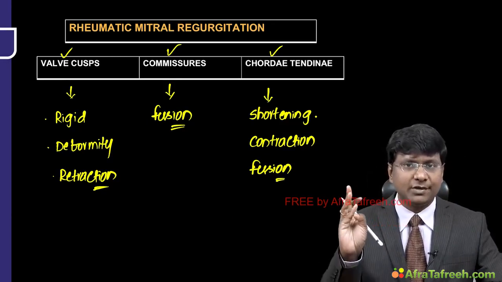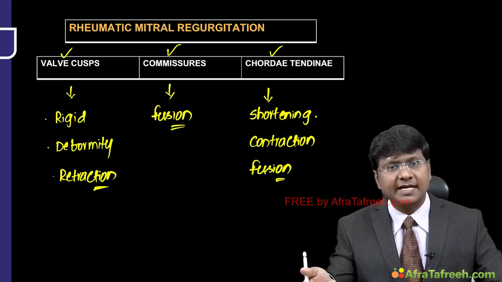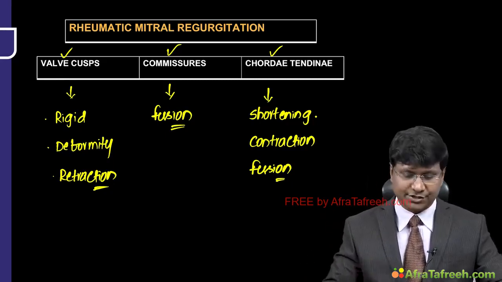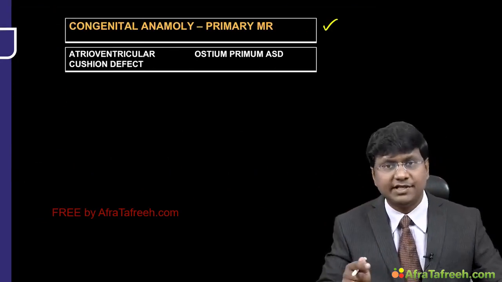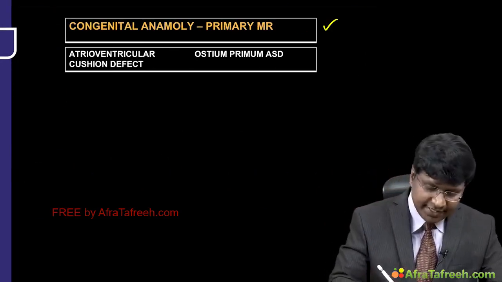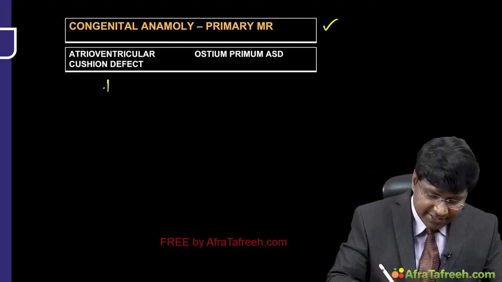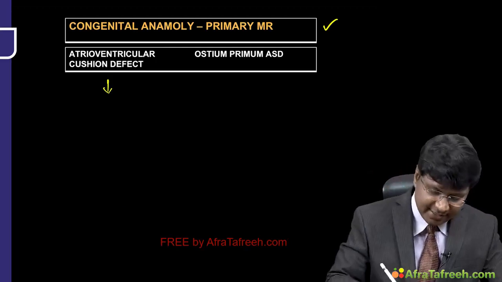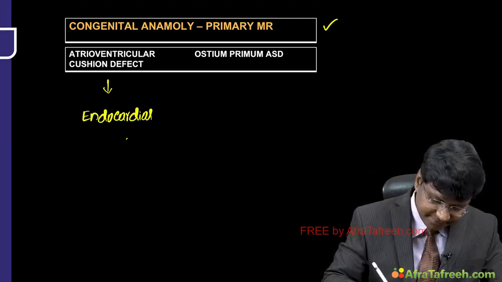So rheumatic fever will cause pathology within the valve cusps, commissures, as well as chordae tendineae, ultimately causing the mitral regurgitation. And next we were discussing the congenital anomalies causing the primary MR. That includes the atrioventricular cushion defect. And what are atrioventricular cushion defects? They are basically defects within the endocardium. So, endocardial cushion defect,